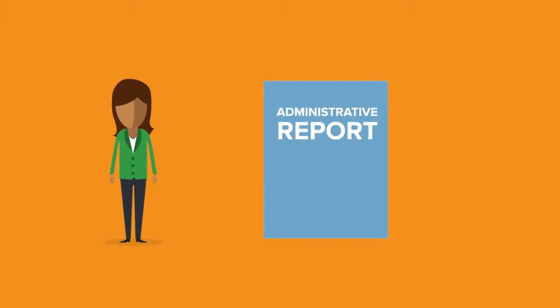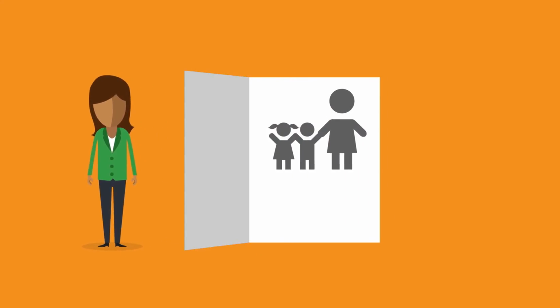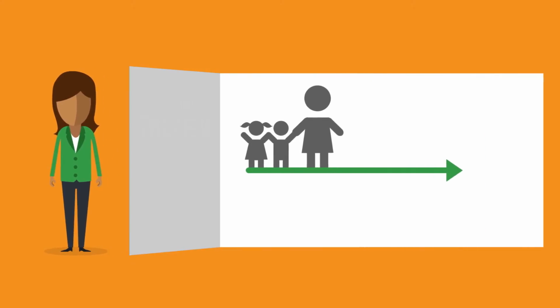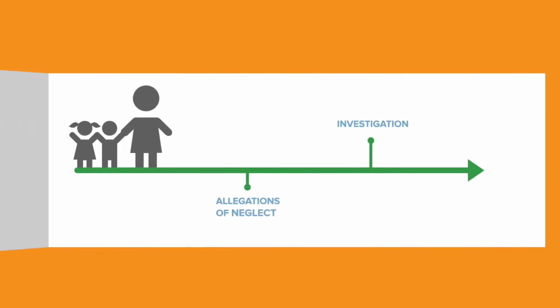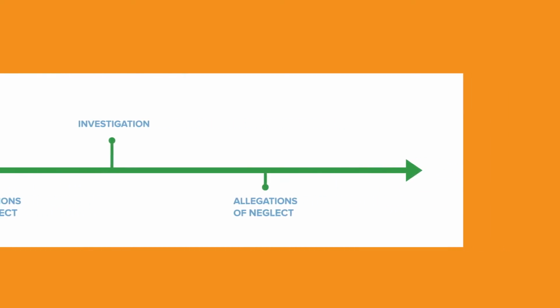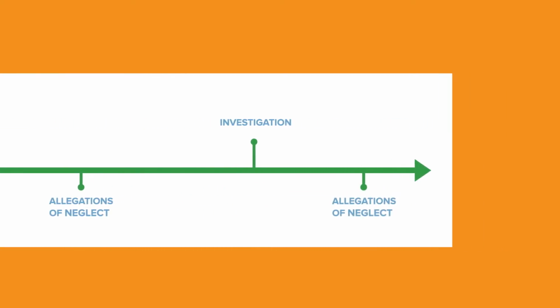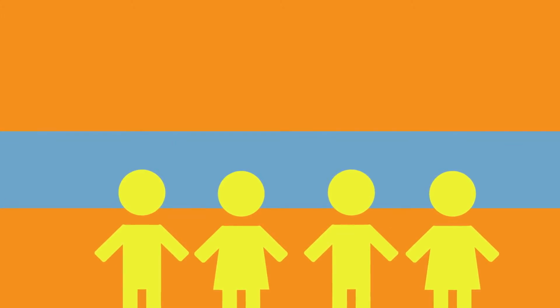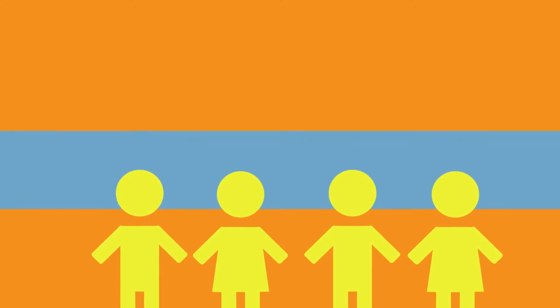Last year, our administrative reports showed that a large number of those families with a history of recurring allegations of maltreatment had been referred for neglect. This resulted in multiple agency investigations with the same families. Good example. To understand the prevalence and nature of the problem, a team might be assigned to review all of